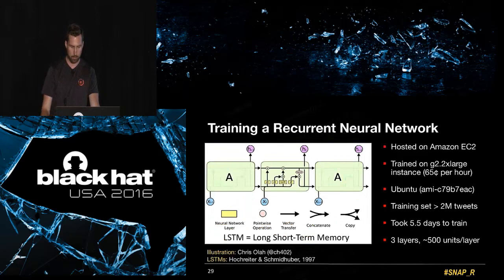We tested out a different model, which is a bit different, and this is an LSTM recurrent neural network. LSTM stands for long short-term memory. This is a bit more cumbersome. We had to use an Amazon EC2 instance, and we had to go out and grab 2 million tweets to